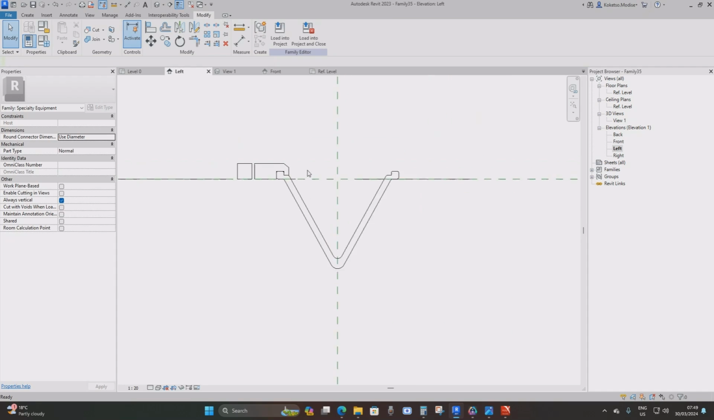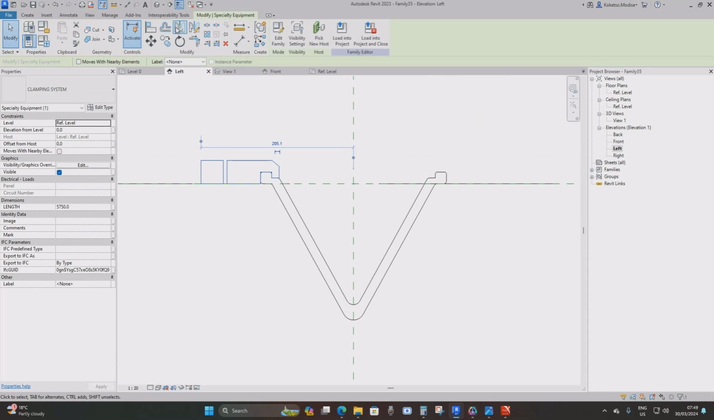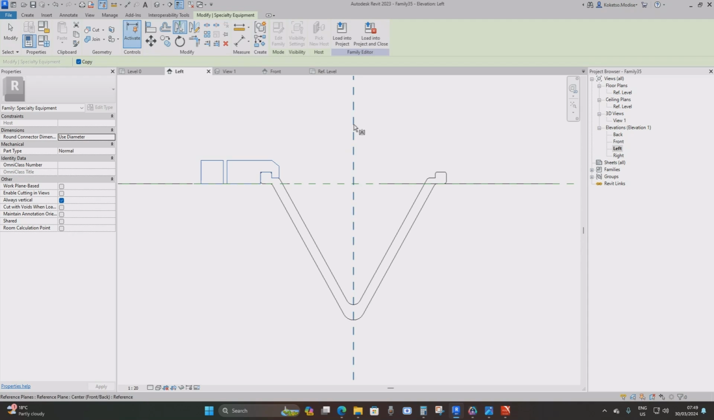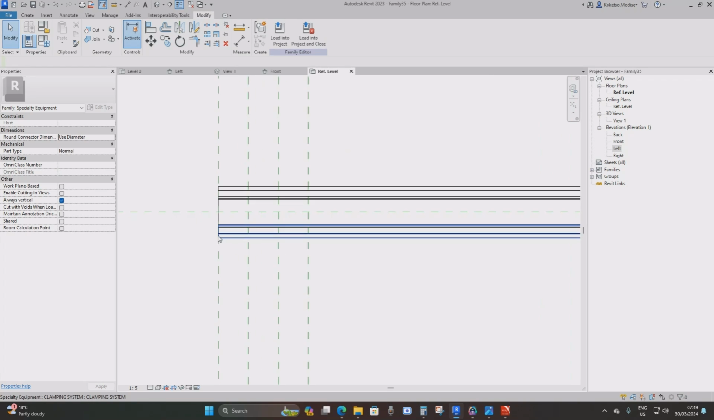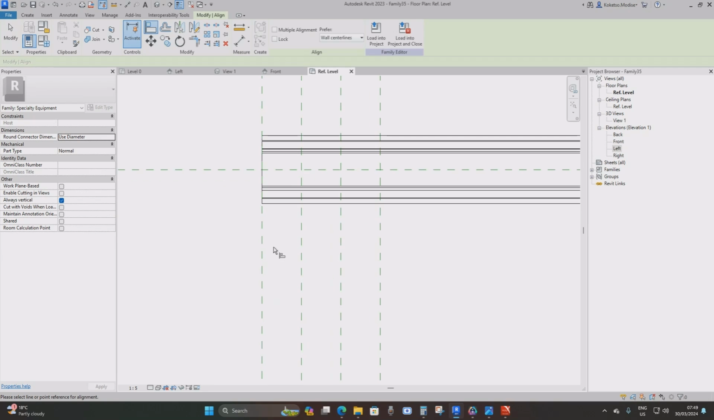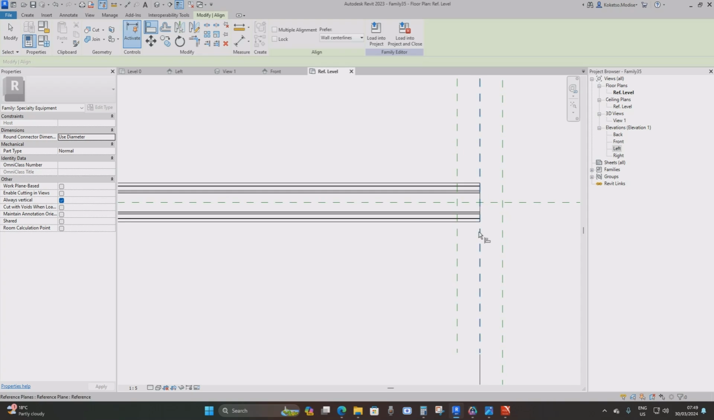So this is what we have. And now I'm going to select my clamping system, go to mirror pick axis, and then pick this middle reference plane, and then it's copied to the other side. And then I'm going to make sure that it's locked with the reference plane. So I'm going to say align and then clamping system, lock it, align, clamping system, and then lock it this